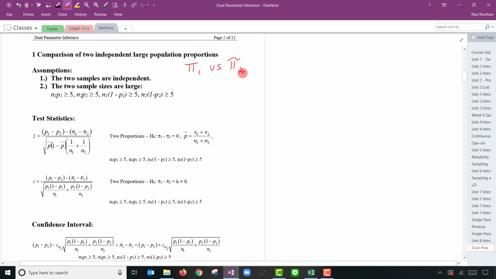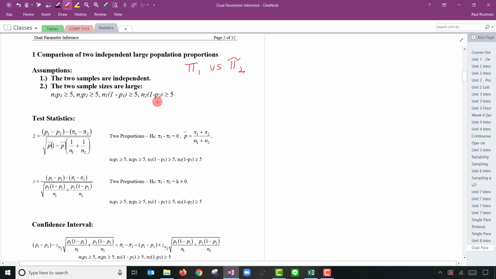We'll need to check a few things. Our samples will need to be independent, and we'll have to make sure our sample sizes are large enough, just like we did in the single proportion case. Now we have two groups. So we'll have N1 is the sample size of the first population, and P1 is the proportion of successes in that group. Our magic number is still 5, so we need these products to be greater than or equal to 5. We have to make sure it works for sample 1 and for sample 2,